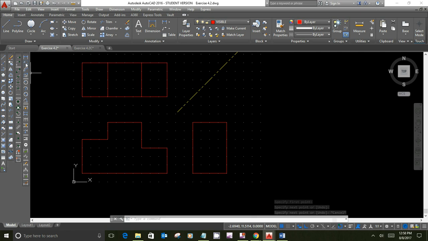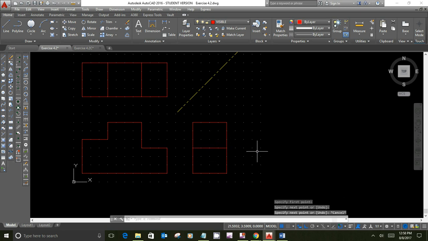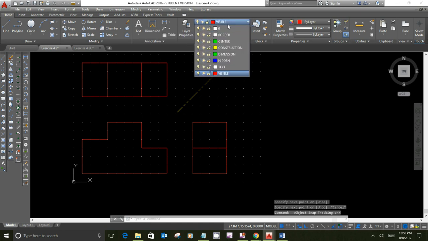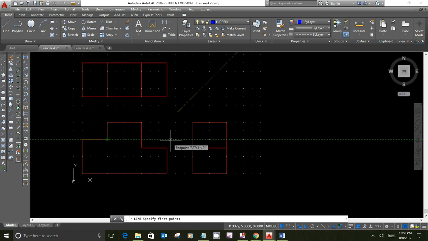Okay, so if I do the same thing over here on the side, okay. Now, so you're seeing how that one works. If I turn auto snap back on, I'm going to do the hidden line here. So let me just change over to the hidden layer. And if I go hidden line, I can come here and just hover my mouse there, and then I start dragging across, and you see it kind of auto tracks that snap,